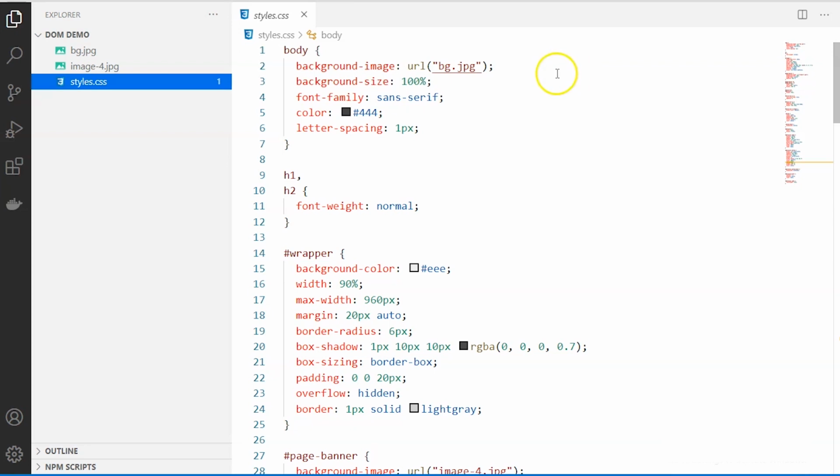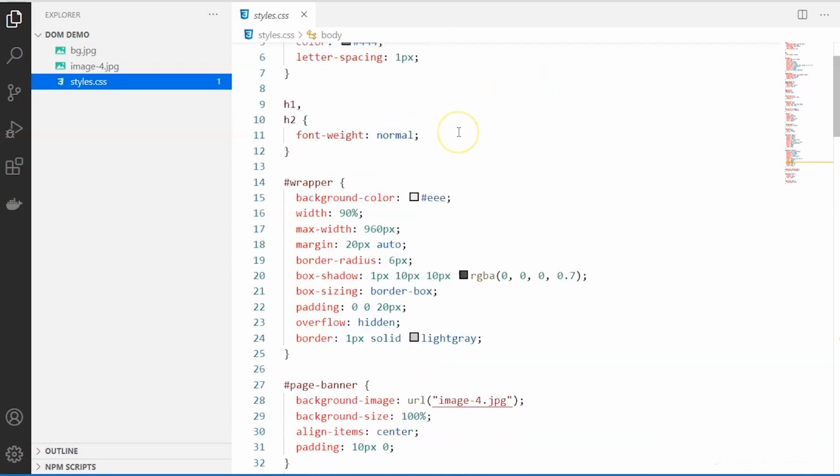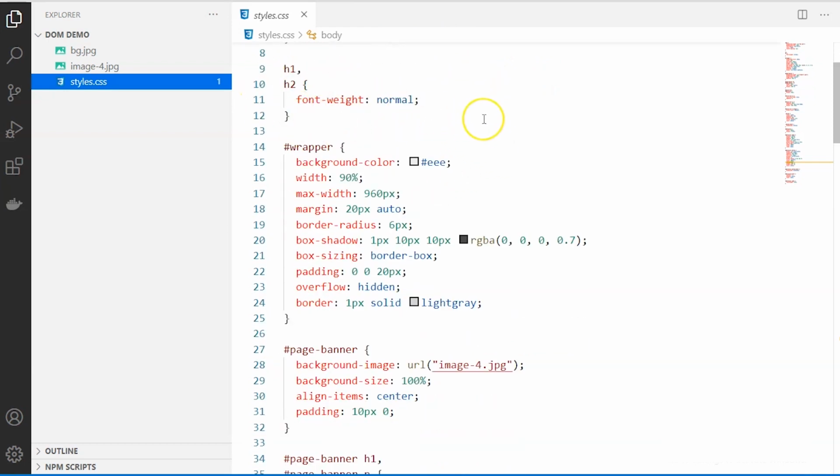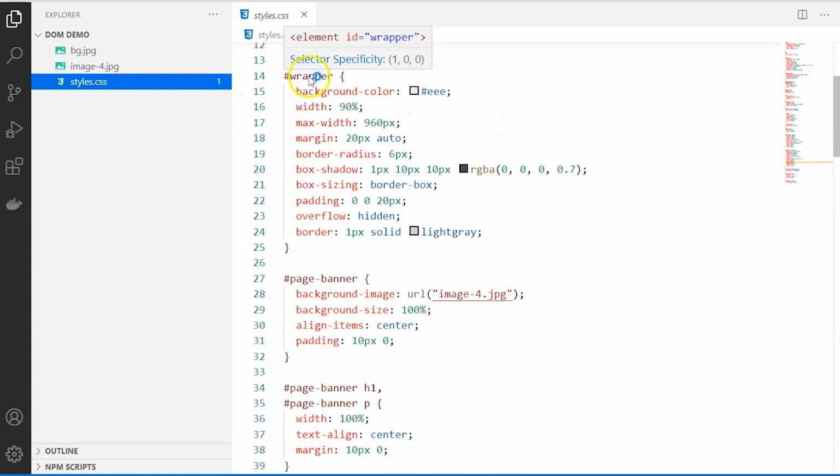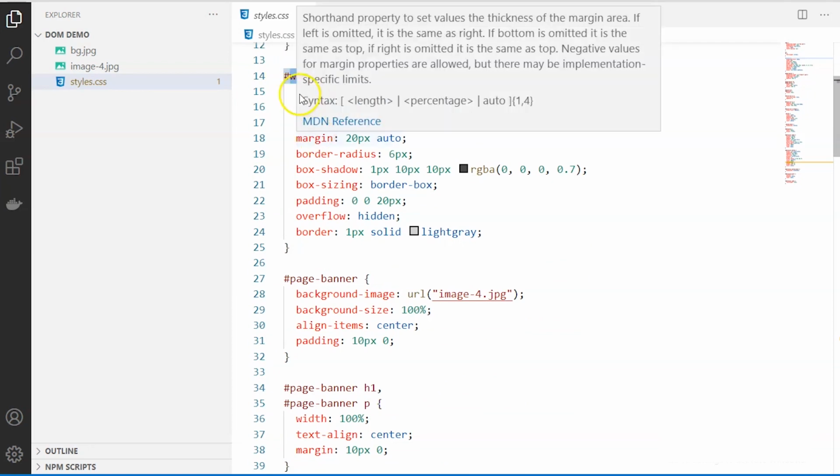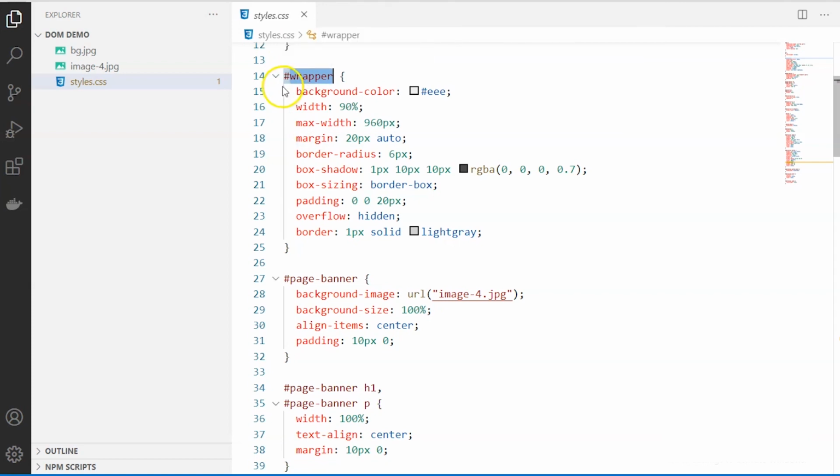You can see that the background image I have added as this property, and the size, font family, colors and spacing I have set. This is for the heading. You should know about different types of selectors like ID selector, tag selector, class selector. This hash denotes the ID selector. I will be using this ID selector when I'm creating my HTML page.